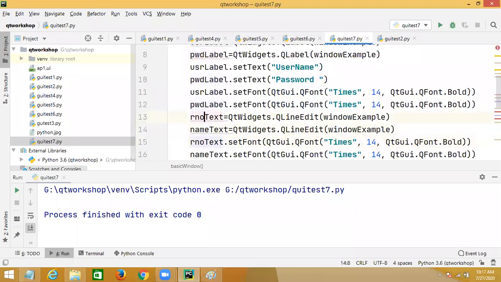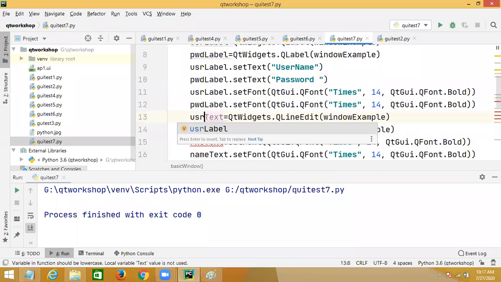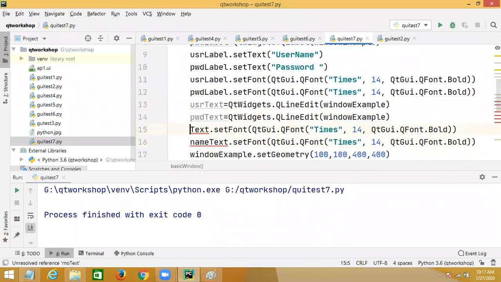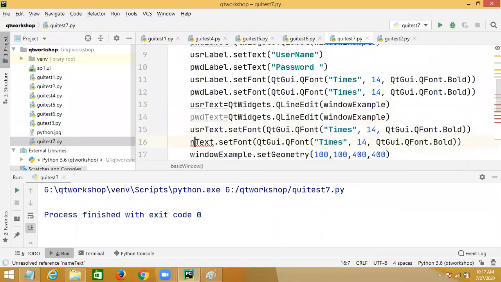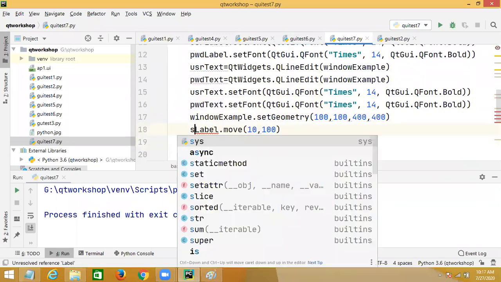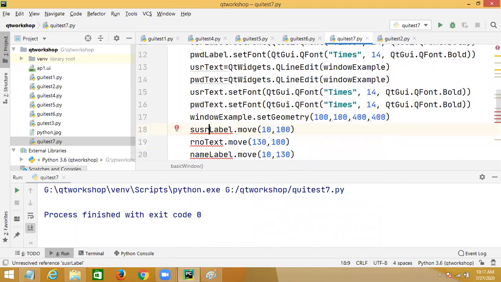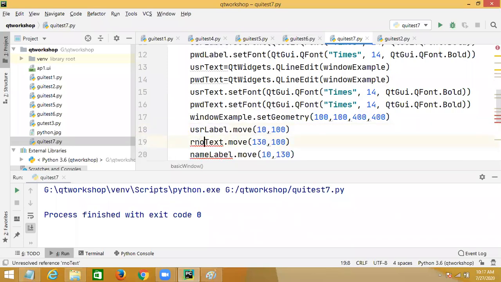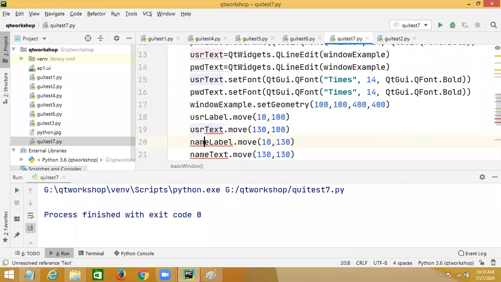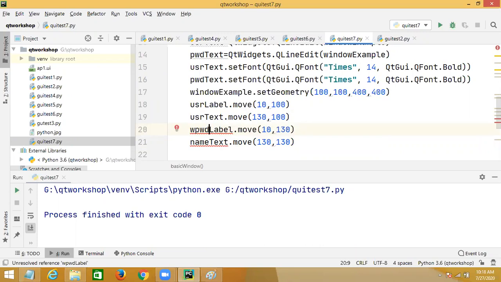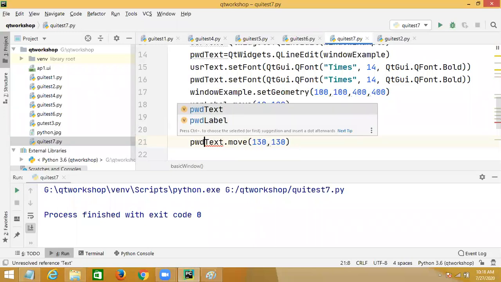And this is USR text, and this is password text. This is USR label, and this is USR text. And this is password label, and this is password text.